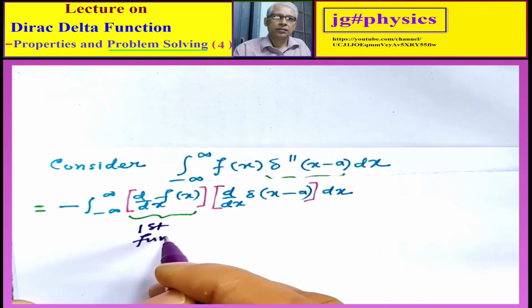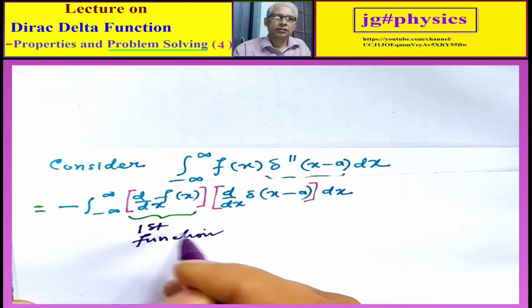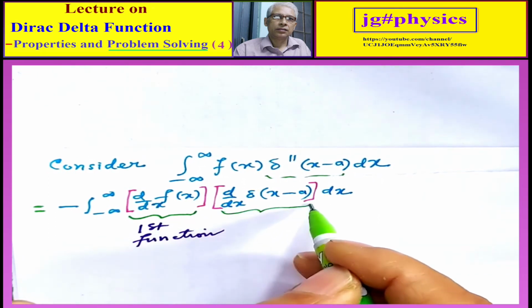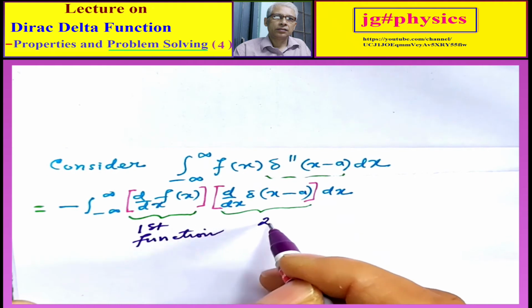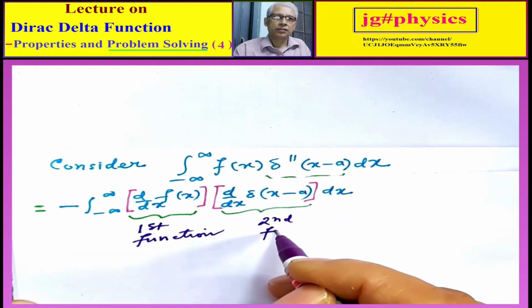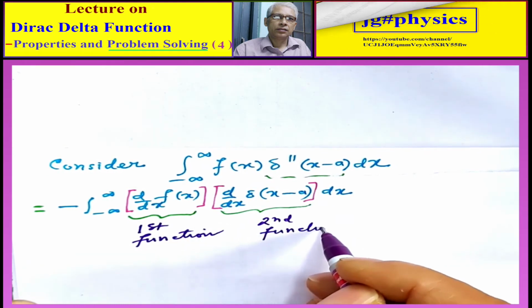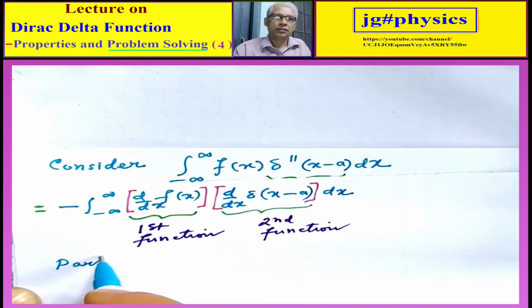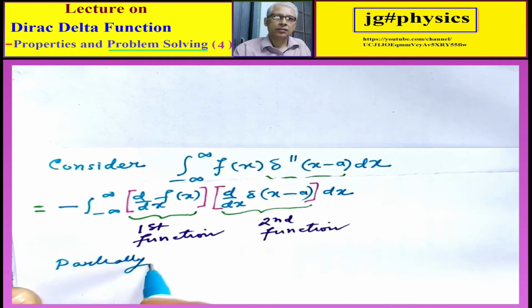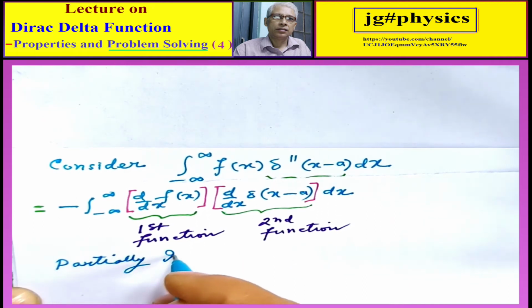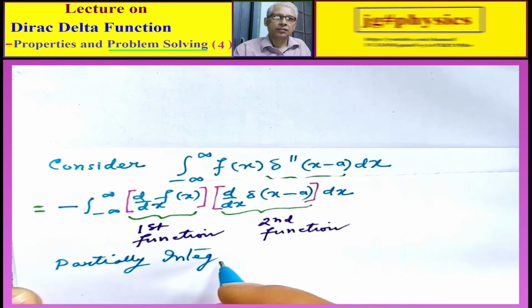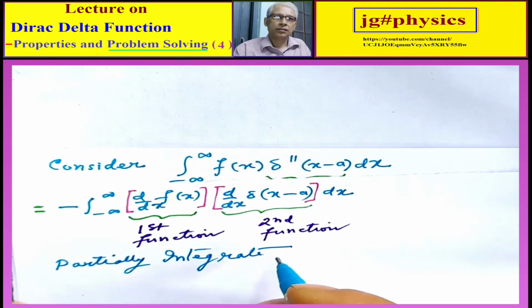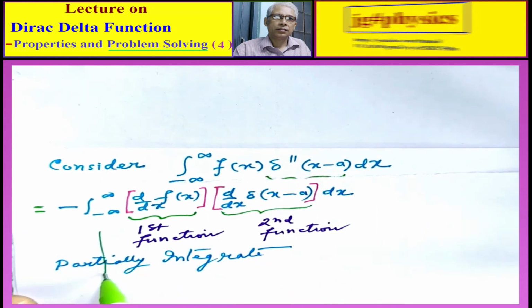Let us consider ddx of f of x to be the first function and ddx of Dirac delta x minus a to be the second function. And we now partially integrate. And what we get is thus